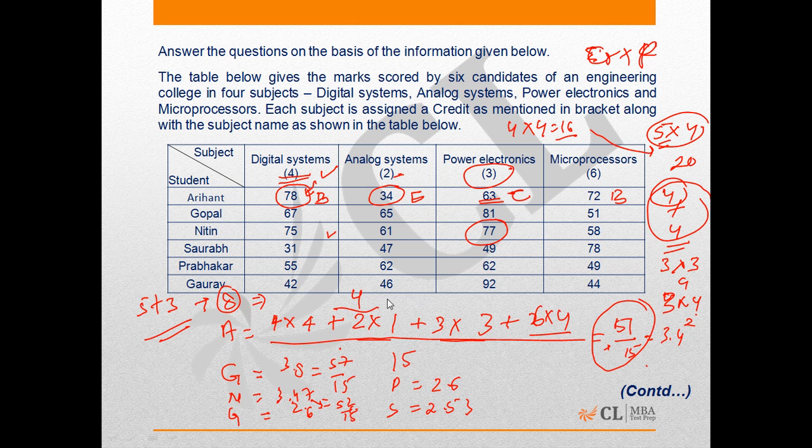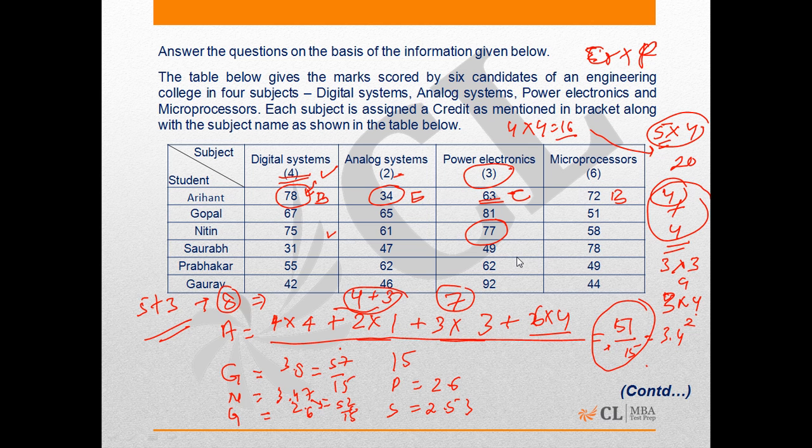So there will be an increase of 3 more in the value of credit into points. So there will be increase of 7, and he just requires an increase of 7 only. So in case Arihant gets 4 additional marks, 2 in digital system and 2 in power electronics,